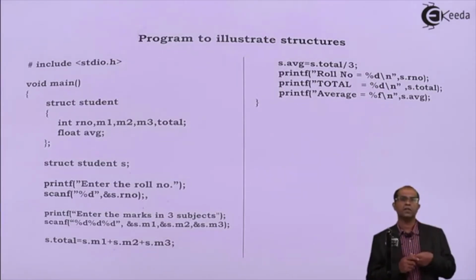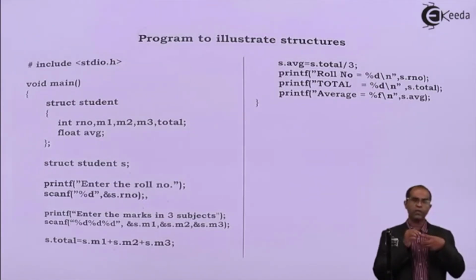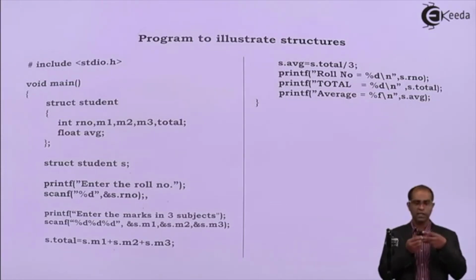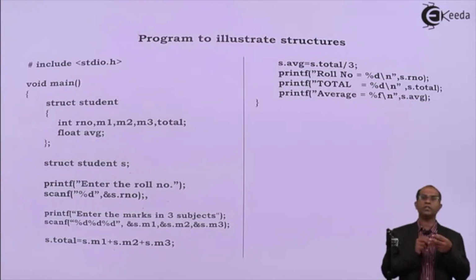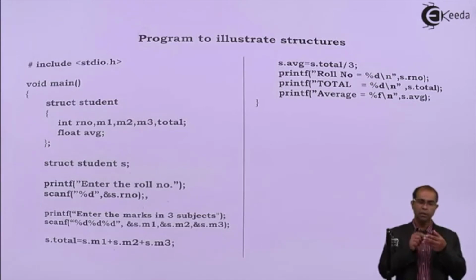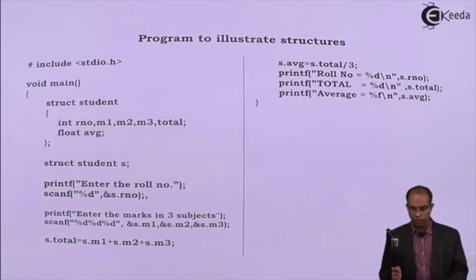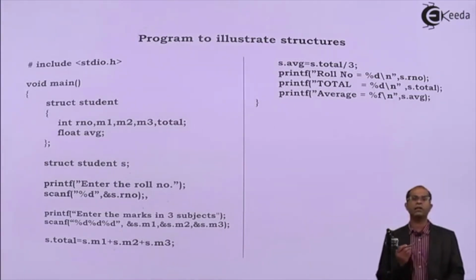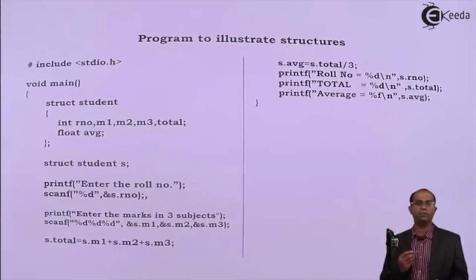The sequence is straightforward. Always first I have to declare the structure. Once a structure is declared, then I have to create variables of the structure. And then I'm supposed to operate on the structure members by accessing them with the variables. Let's put this particular program together. So, structure declaration. Where do I declare a structure? There are 2 places where I can put a structure declaration.